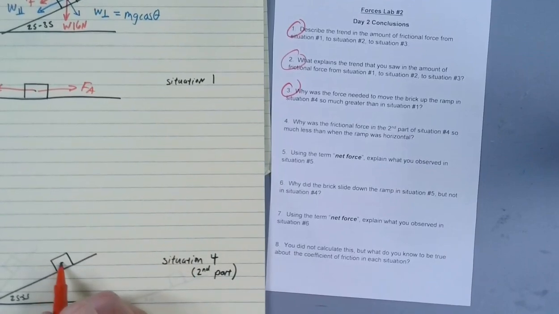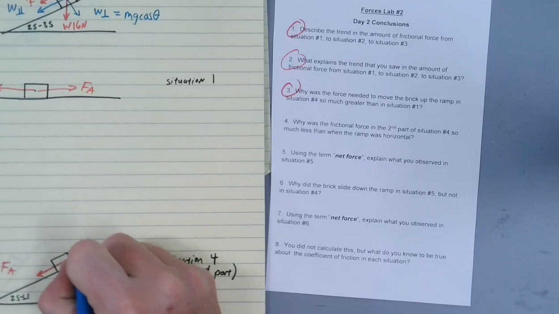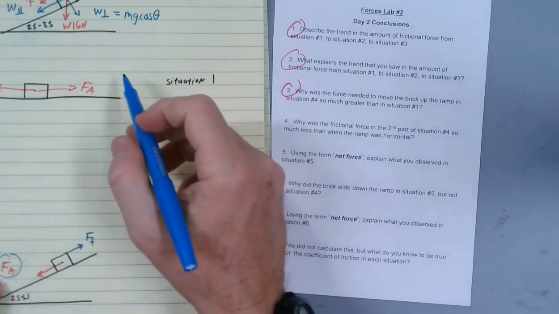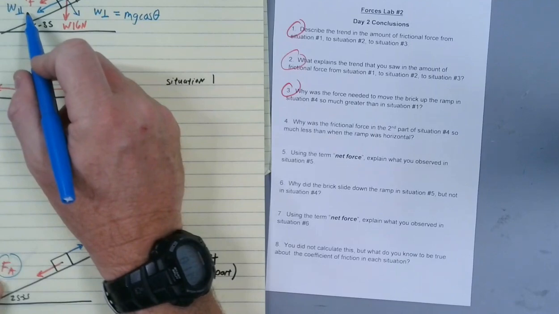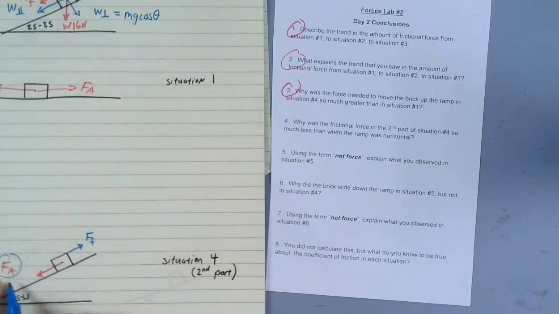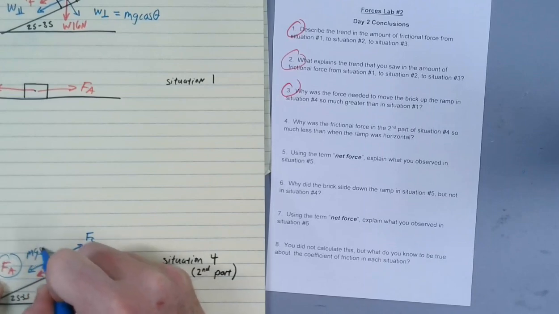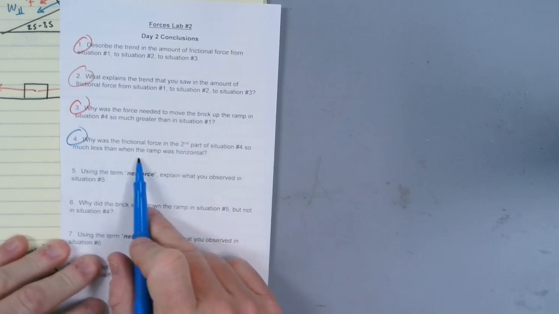Now, in this situation, I asked you to pull down the ramp. And the free body diagram would be the same as up here, except we're flipping this force over. We're pulling down instead of up. What that does is it changes my frictional force, because remember, the frictional force is going to work opposite the motion. Now, this force was much less than this force. And the reason is because now the parallel weight, the force down the ramp, is actually working with you. So the only force you have to overcome is friction, and this mg sine of theta, this parallel weight, actually works to help you pull it down. So to summarize, why was the frictional force in the second part of the situation so much less than when the ramp was horizontal? Because now